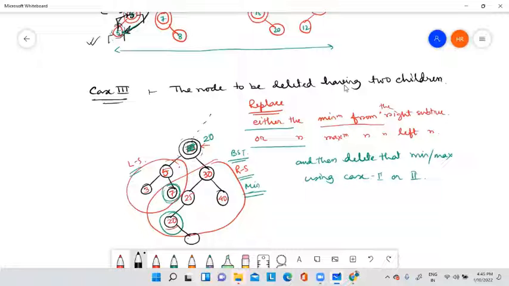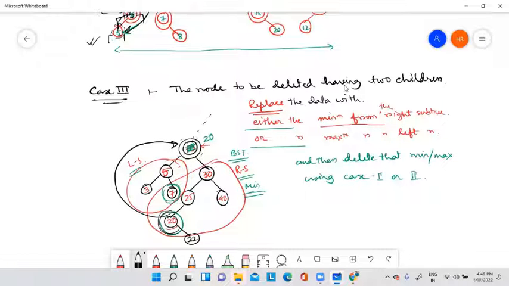Suppose this is 22. So which one is the minimum? 22 is not the minimum. This one is the minimum. So I will replace this particular node's data with this value, either the minimum from the right subtree, and then delete this.